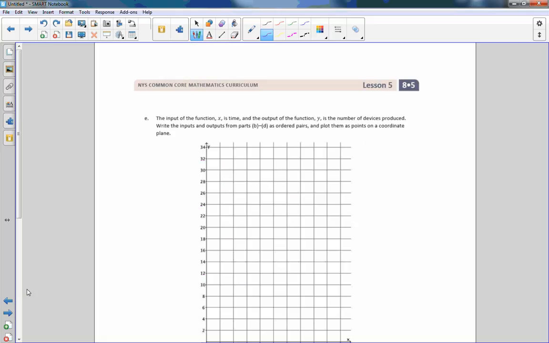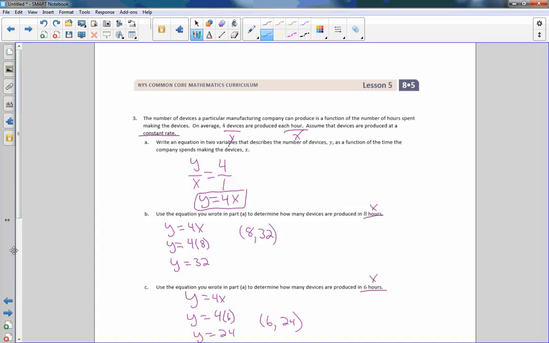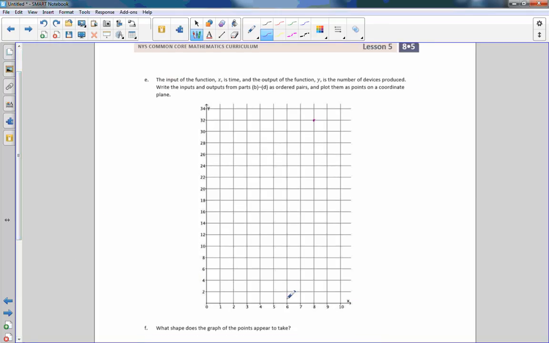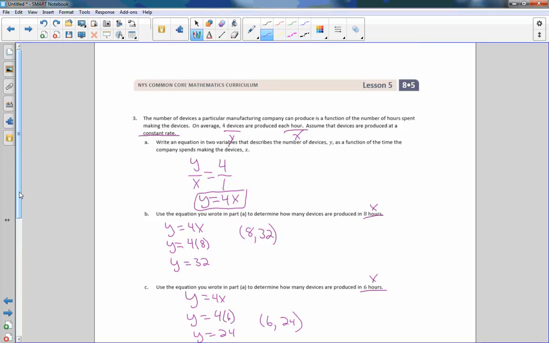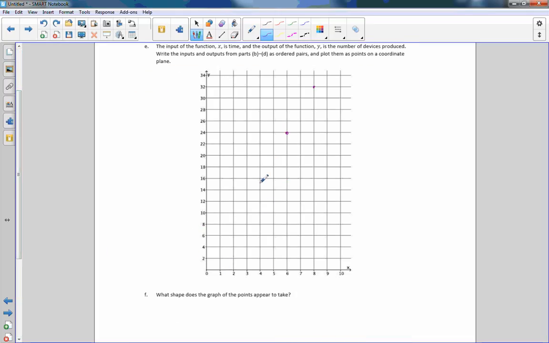So we're going to plot those points, 8, 32. So I go over to 8, and all the way up here to 32, which is right here. That is 8 hours, 32 devices. My second one was 6, 24. So I go over to 6 and way up to 24, which is right here. Okay, and then I go back one, and I'm going to do 4, 16. So I'm going to go over 4 up to 16,